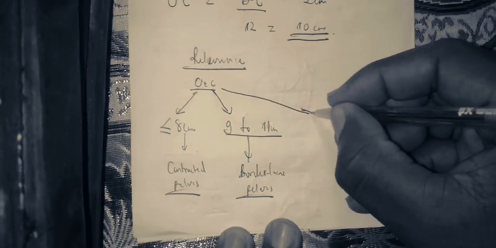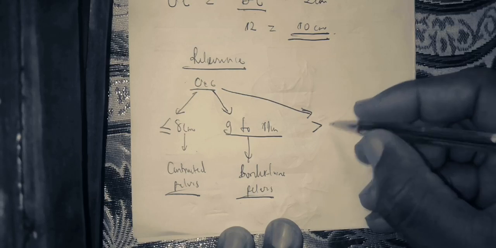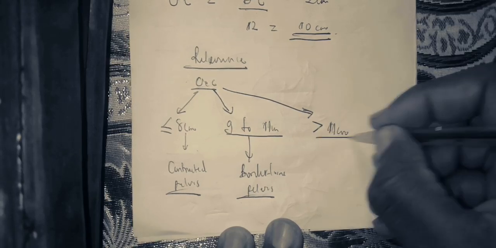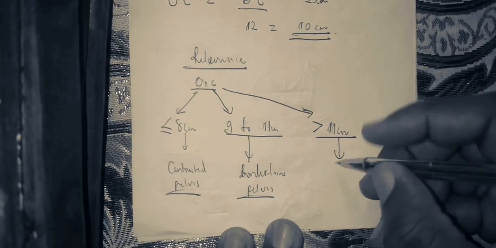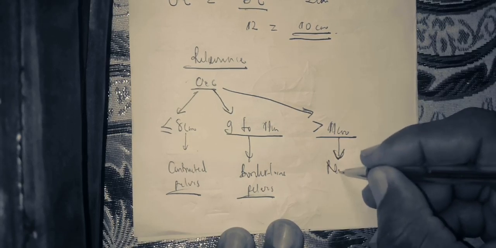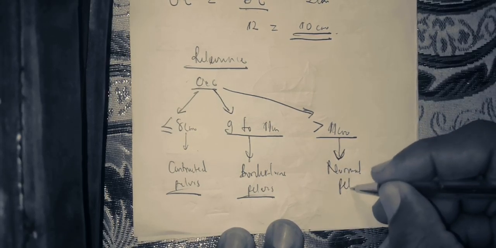And then the last one is when it is greater than 11 centimeters. When you have greater than 11 centimeters, it is called a normal pelvis. Is it clear? Normal pelvis. When you have a